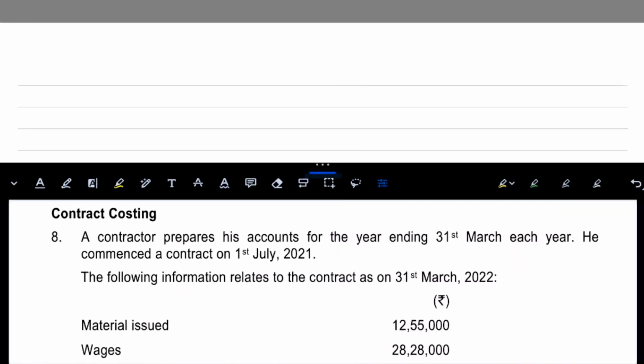I will just read the main data. Year is ending when? March. Hello, please everybody pay attention. And contract commenced on when? 1st July. So tell me the contract account, if I make, it will be for how many